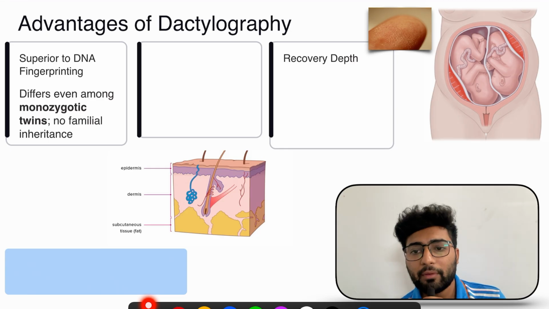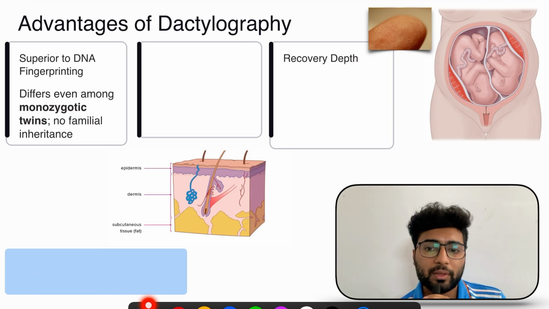Now what are the advantages of fingerprinting? There is one interesting fact here, that it is superior to DNA fingerprinting. Let's see in this image, these are monozygotic twins. So they are monozygotic, made from the same zygote. So they'll obviously have the same DNA. So the DNA fingerprinting will be the same. But even then